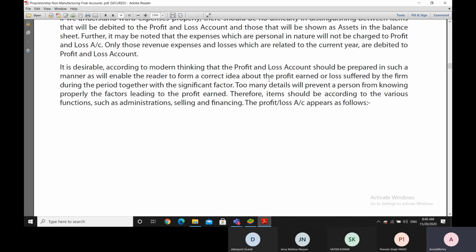Now, the current thinking is that we have to allow the reader to form a correct idea about the profit earned or the loss suffered during the period, together with the significant factors. So if we write too many details in the profit and loss account, that will prevent a person from knowing properly the factors which are leading to the profit. Therefore,